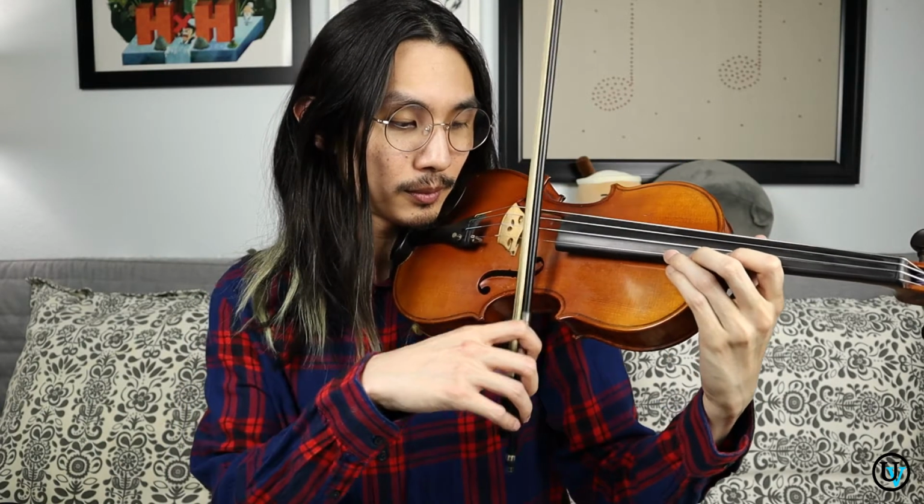Now, the quicker you can do this, the more comfortable and more likely you will be able to use this as part of the orchestra, or solo practice, where you would do this kind of preparation in the left hand. And of course, the more you do it, the more you're going to get used to it, and soon enough,